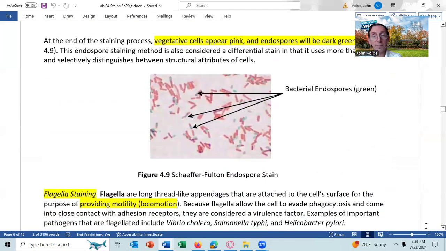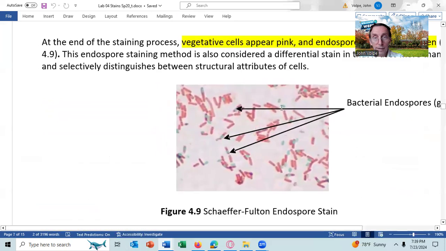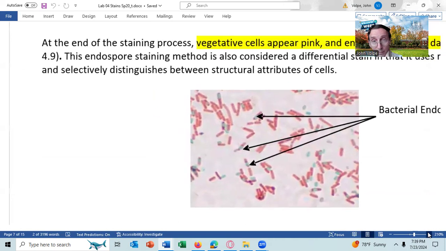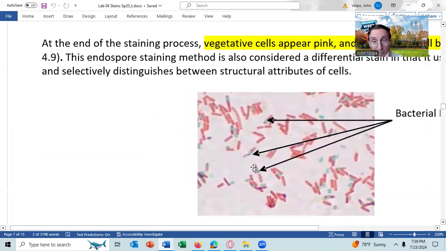So here we have endospores. Let me blow this up. There's an endospore that's come out of the cell. There's one there. You'll note that they are coccobacillus in shape. Sometimes they can be cocci in shape. This one is coccobacillus. And here we have the endospore actually inside the parent cell. We have a little bit of the parent cell staining pink on that side, and a little bit of the parent cell staining pink on that side, and then the endospore staining green, and it's off on the side of the cell, but inside the parent cell.